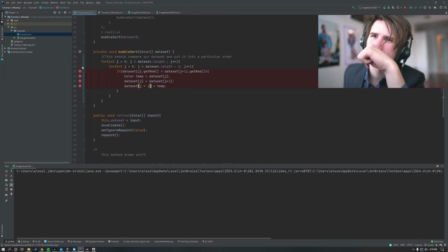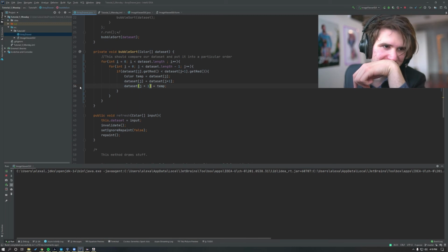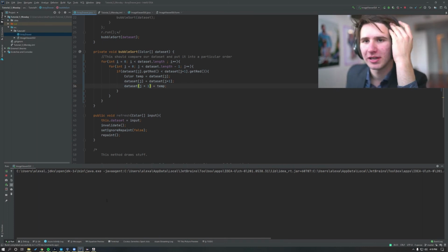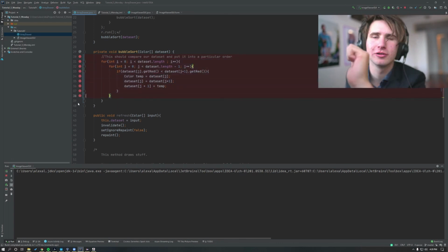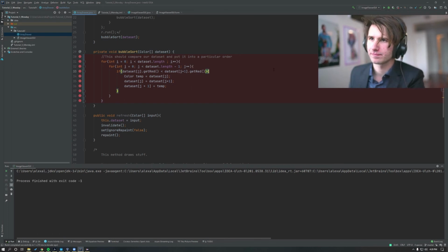But I'm not sure that this bubble sort is really ideal at this point. The reason I'm not sure is that I can't really tell which color is reddest by eye. I want something objective to prove to me that it works properly. So to prove that, what I could do is say